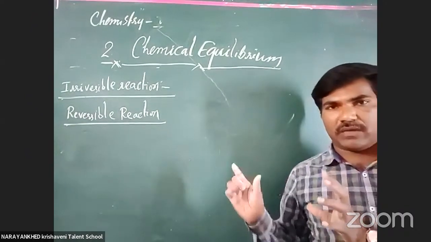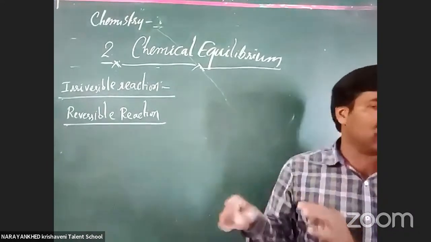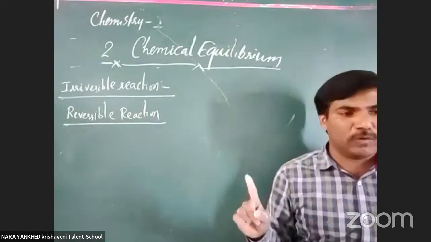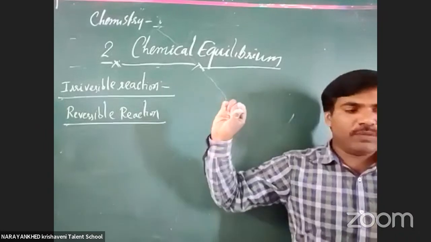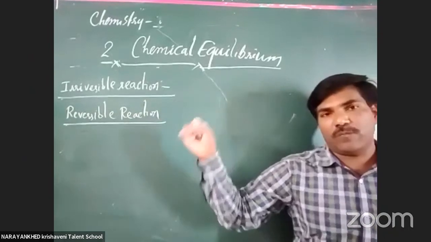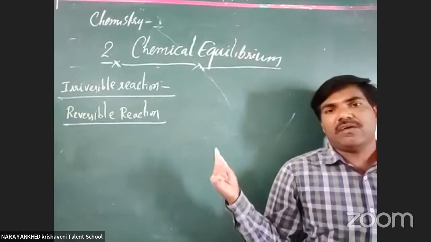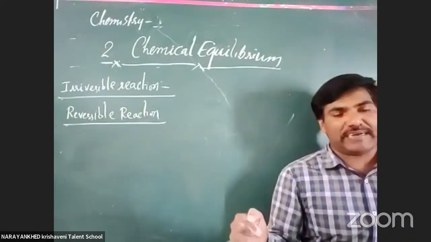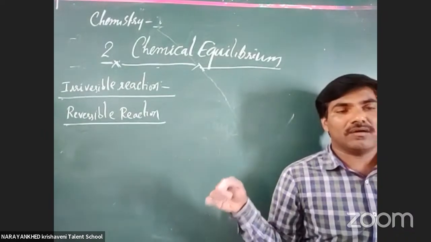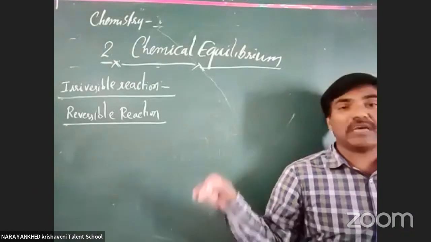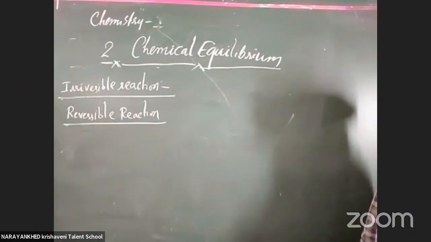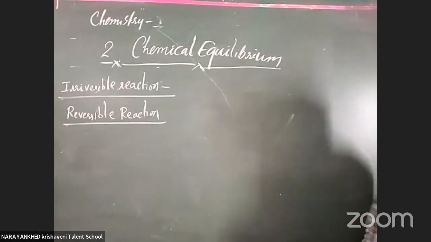When a process occurs, the reactants react with one another and form products. In the forward process, one reactant reacts with another and is formed as products. Then, in the reverse process, those products are formed again as the reactants we originally used at first. That is called a reversible process, a reversible reaction. Got it?